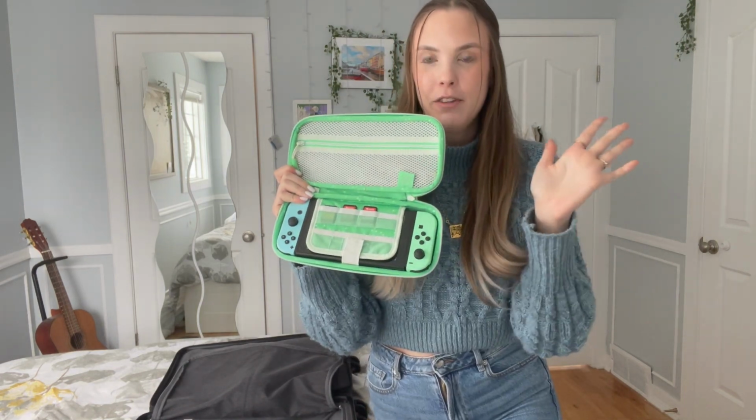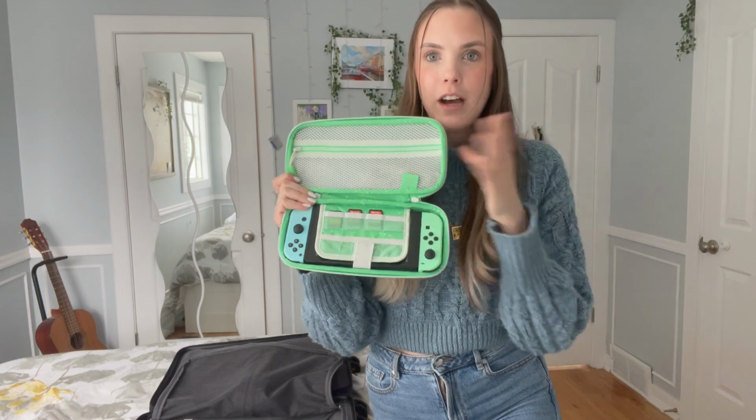If you're going to bring your Switch, bring it in its case like this. And in here I have the adapters for the controllers, extra controllers, the Switch and the 2 controllers, and all of the games. Now that we've gone over all of the non-clothing items, let's flip the bag around and talk